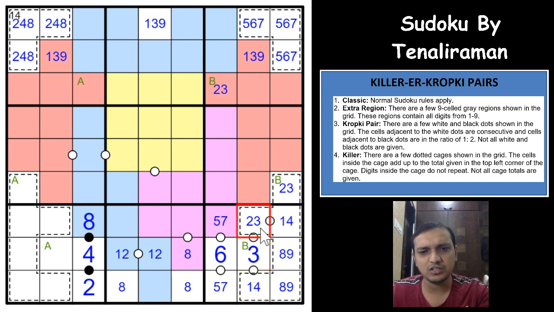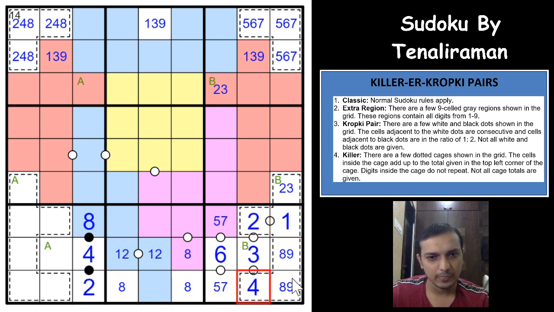So this would have to be 3, this is 2, this is 1, and this is 4. Superb. Okay, so 1 and 2, 4. Okay, where can a 4 be in this blue region? A 4 cannot be in these three cells, 4 cannot be here. So 4 would have to be in one of these two cells. Okay, it can be anywhere.